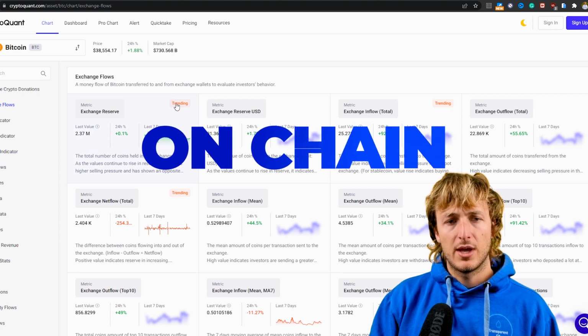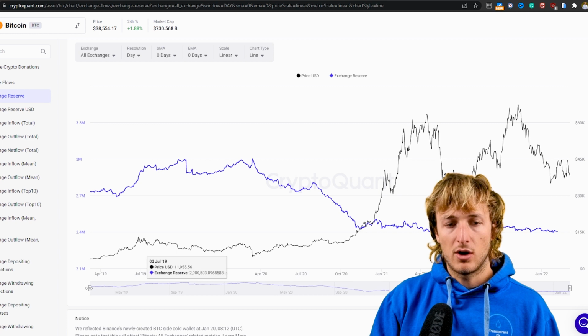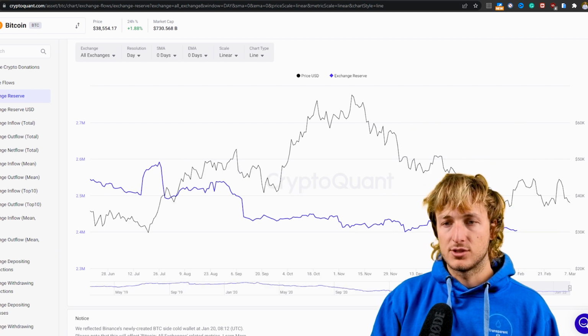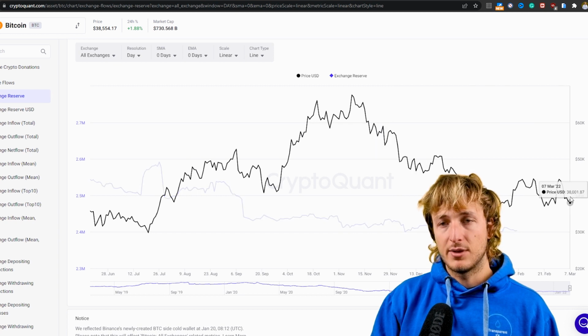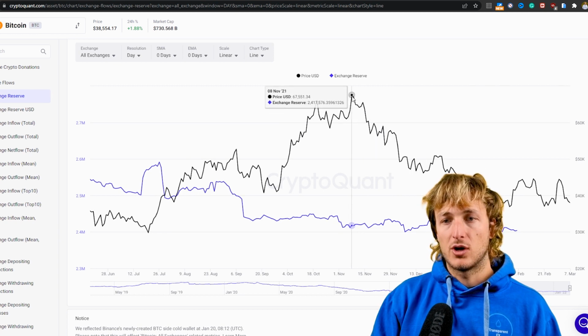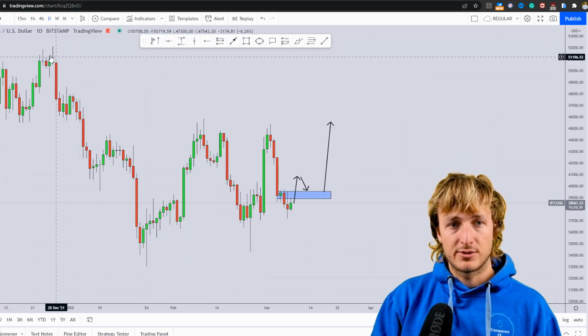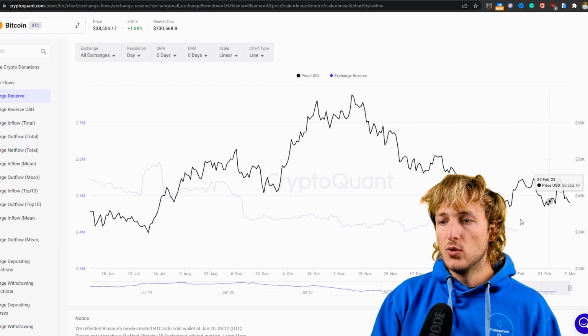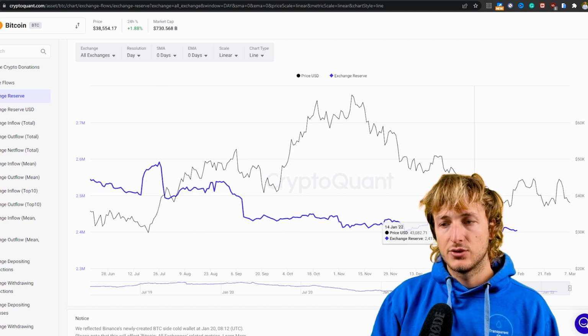Now, if we go and see what we have from an on-chain perspective, so how Bitcoins are moving on and off from exchanges, and we zoom in, we can see that during this correction that has been happening on Bitcoin, which is obviously the black line, because the black line is the price, and this move to the downside is basically this move to the downside here, we can see how the amount of Bitcoins on exchanges, which is the blue line, has continued to